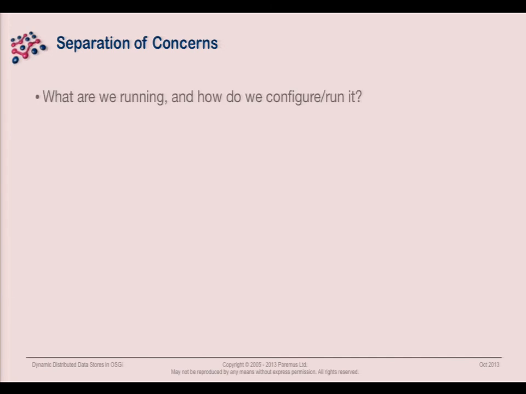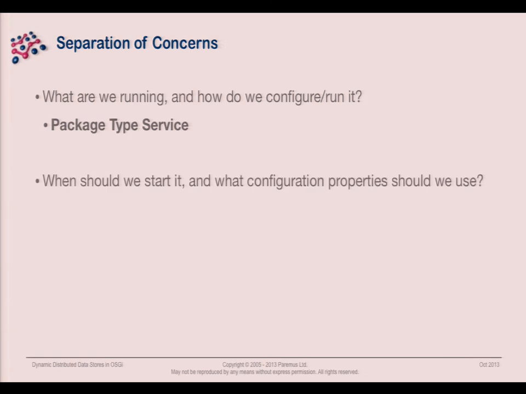So important separation of concerns really here. We need to know what we're running and how we configure it. And we do that with something called the package type. We also need to know when we should actually start and stop and what the real config properties are. So I was talking about the port there. That's not something that we want to package in with Mongo, because you want to be able to use the same Mongo bundle across lots of different runtimes, and they're probably going to want to run it on a different